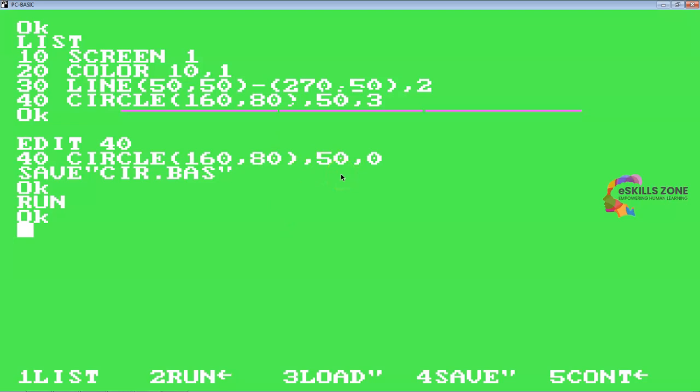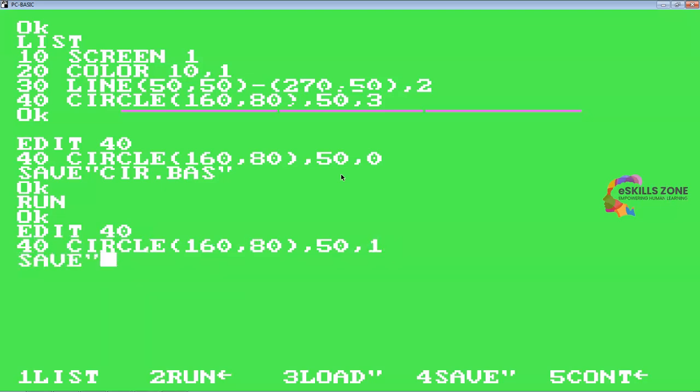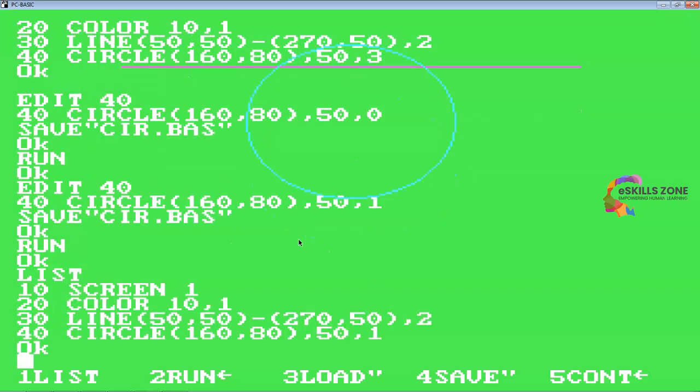But if you type edit 40 and type 1, and then press the F4 key and type the name of the program once again. Whenever I make any editing in the program, I always like to save it because I would like that particular editing to be permanently saved in that program. So if you press the F2 key, now you can see a circle in blue because you have changed the color from 0 to 1, so you can see a different color of the circle on the screen. So if you list this program,